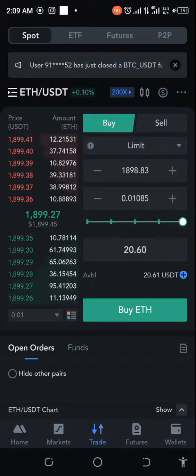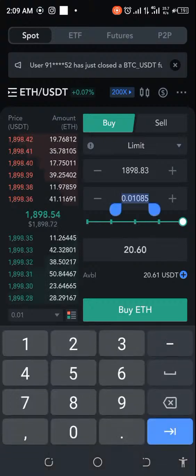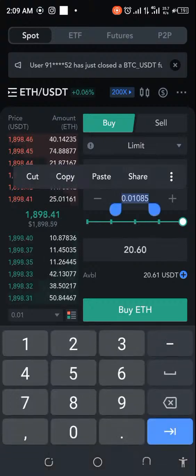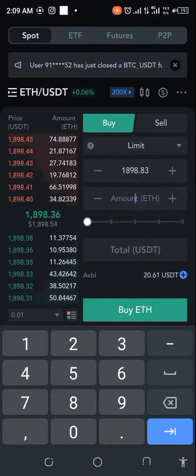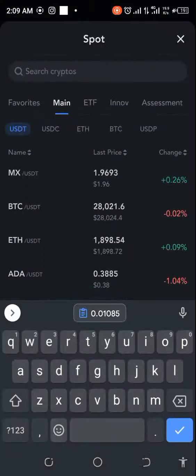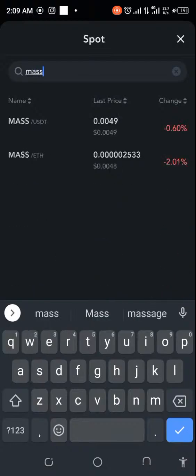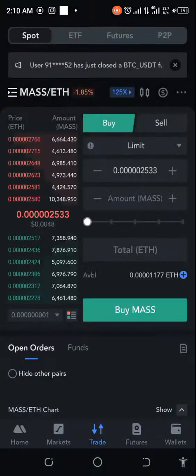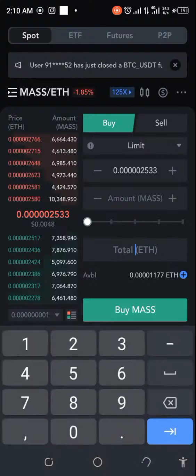It didn't even pick everything up, it just picked up 20.60. That's fine. Let's copy that, or cut it, whichever you want, and then go over to MASS/ETH, because ETH happens to be the lower pair. Then we'll paste this in the ETH segment, and let's see. Okay, so we'll be able to get